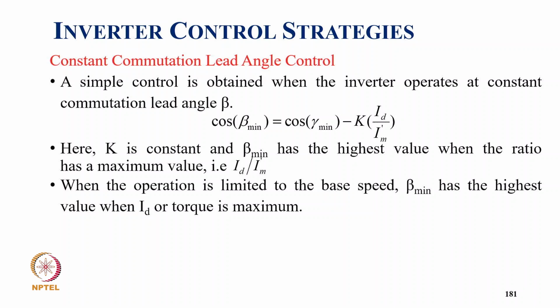Constant commutation lead angle control. A simple control is obtained when the inverter operates at constant commutation lead angle beta. So cos beta minimum equals cos gamma minimum minus k Id upon Im dash, where k is the constant, and beta minimum has the highest value when the ratio has the maximum value, that is Id upon Im. And when the operation is limited to the base speed, beta minimum has the highest value and Id, or torque,